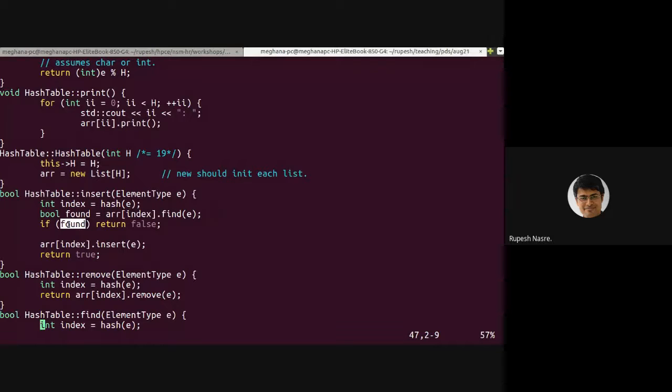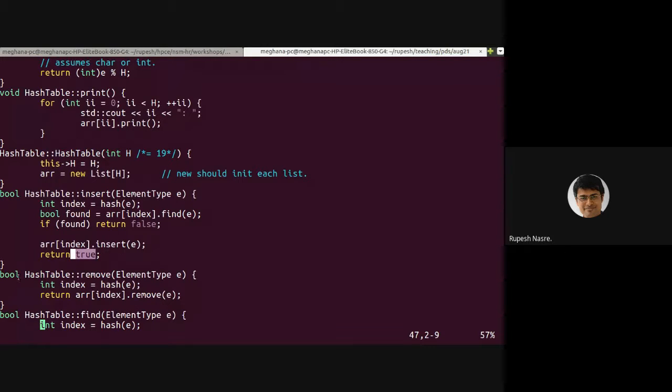And if it is found, that means that the element is already present in that particular entry, right? So that entry is indexed at index. So if it is present in that list, and it can't be anywhere else, since we are using chaining, we are using a list, that means we are using chaining. That means it can't be anywhere else, so we just return false, that the element is already present. Otherwise, we insert it using list insert and return true. Okay, I'll come to this part, how to reduce this.